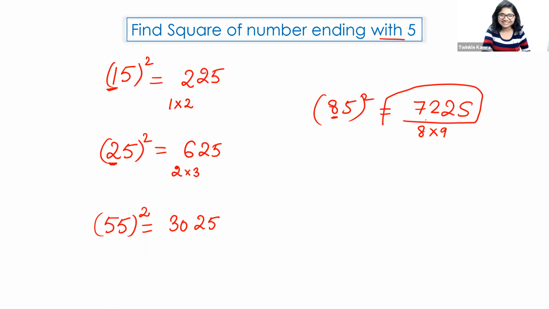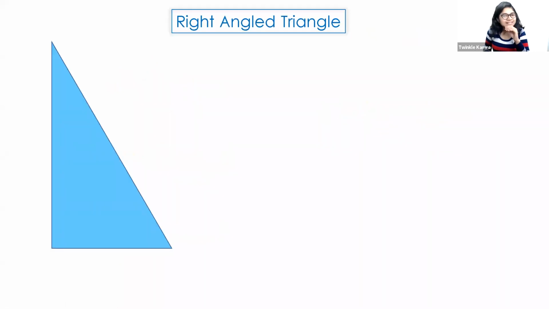All right? Great. Now, understanding the area of a right angle triangle. Just a right angle triangle. We all know the right angle triangle, where this is my hypotenuse. This angle is 90 degrees, which is making this triangle a right angled triangle. This is the hypotenuse. This is the perpendicular. This is the base.